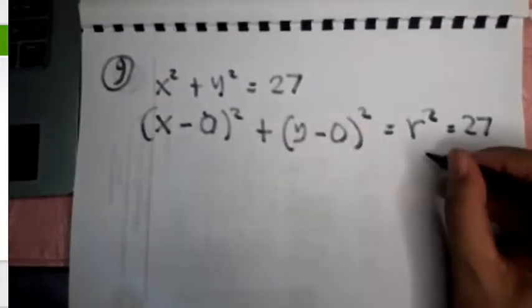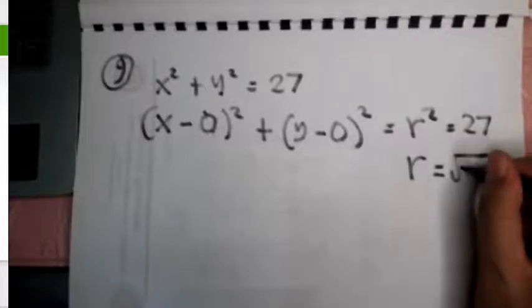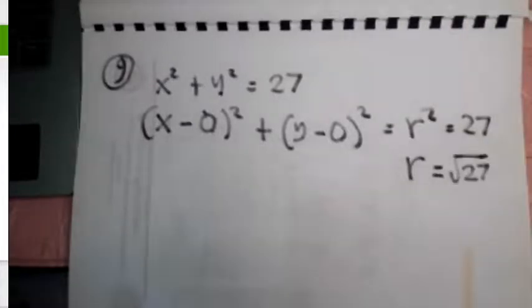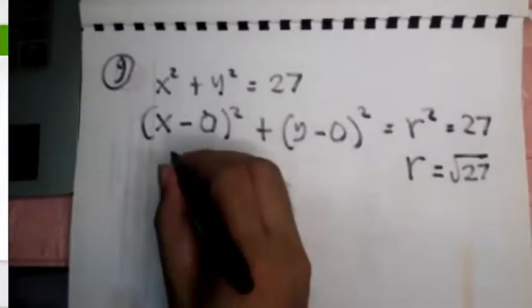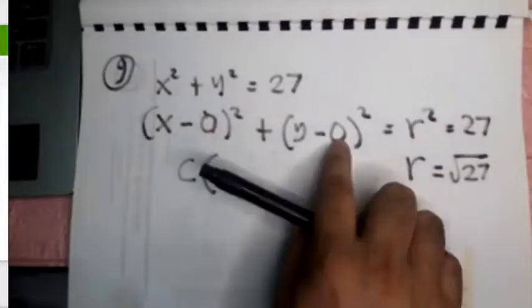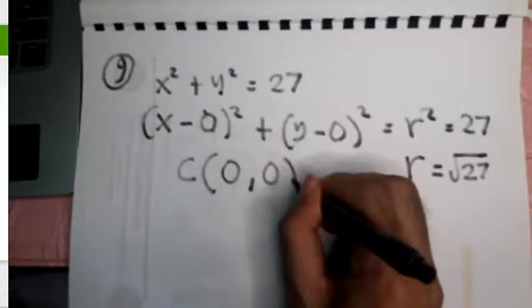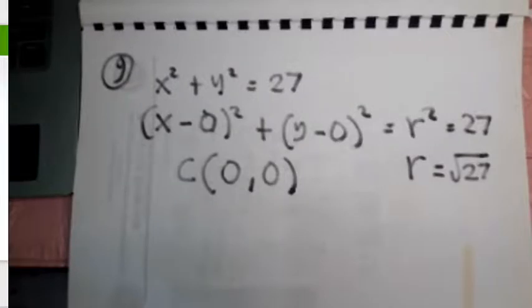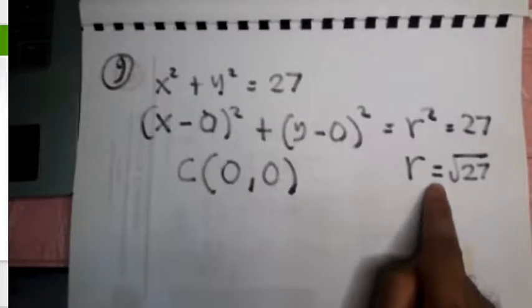What is r? Square root of 27. So that is square root of 27. That is our radius. And what about the center? We already put 0, 0. Therefore, the center is at the origin. So we already solved the requirements of the problem, which is radius equal to square root of 27 and center